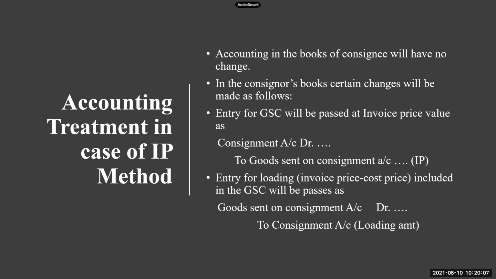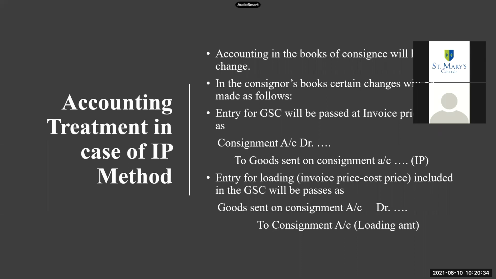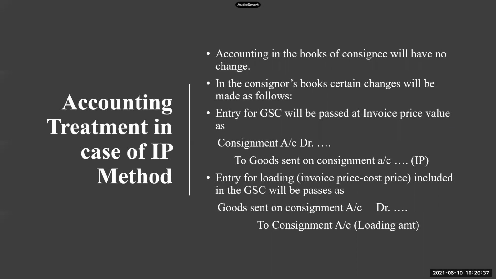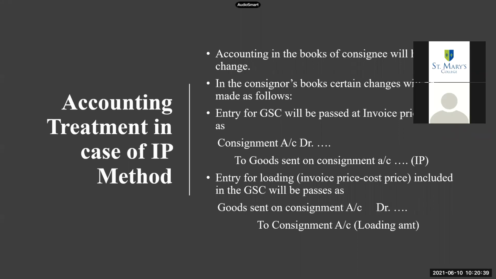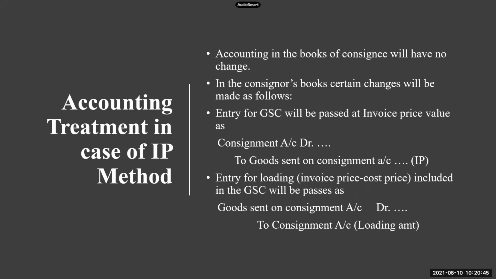First, coming to the consignment account. In the consignment account, where are you taking goods sent on consignment? Debit side, ma'am. We write the entry as goods sent on consignment, and whatever was the cost price, we were taking it there. Now we will take the goods sent on consignment on the debit side only, but we will take the value at invoice price. So whenever he says that goods are being sent at invoice price, you should take the invoice price value on the debit side, right? Now, we know that invoice price is the selling price, right?